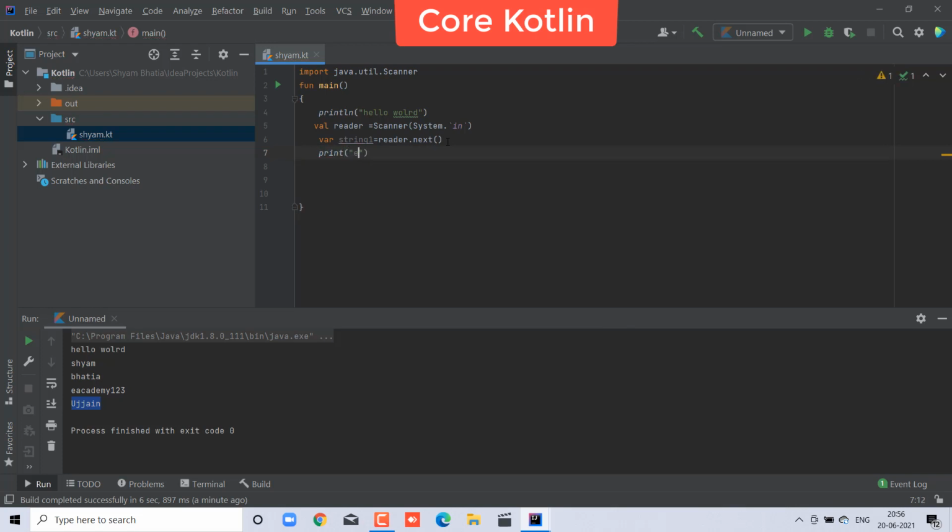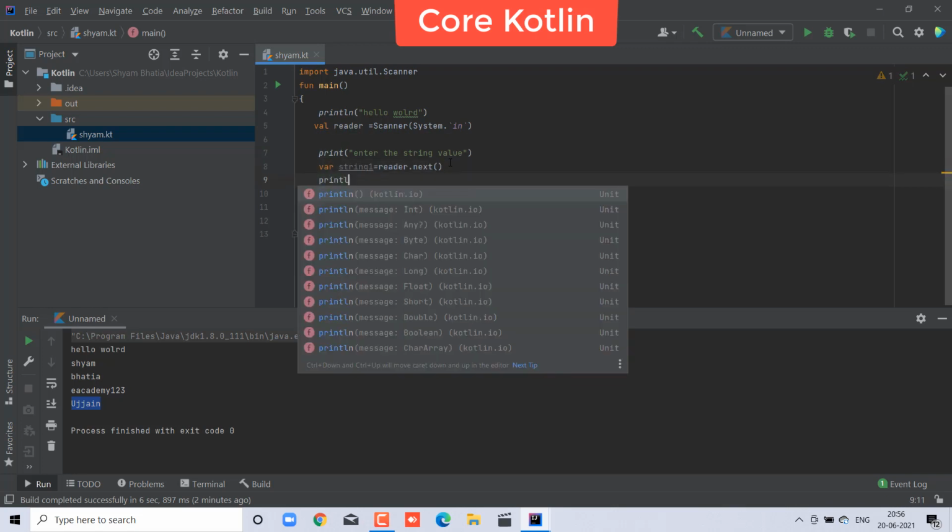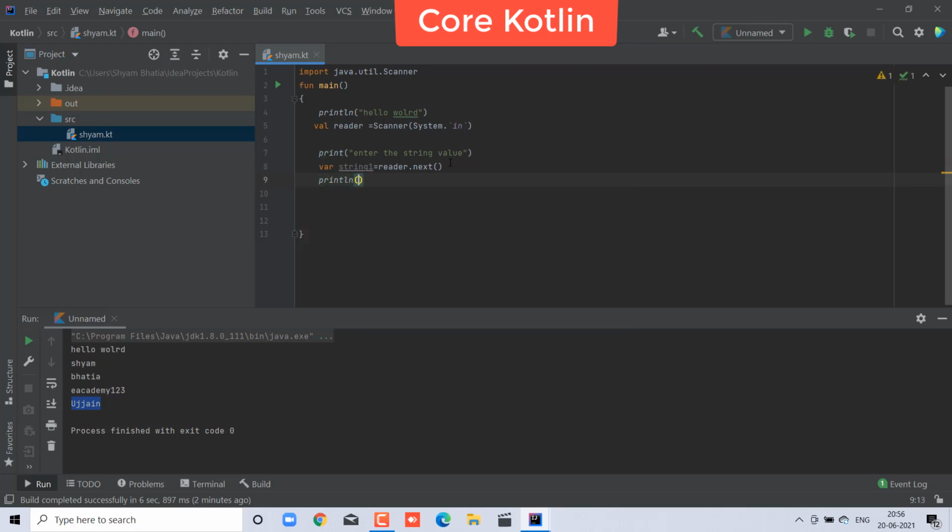So this is a string, then I will take print and enter the string, you can say string value. That value will be stored in it. So Control X and put it here, and now take the print out. What will you print? So just Control S and take the input.